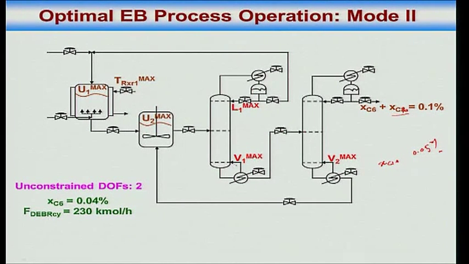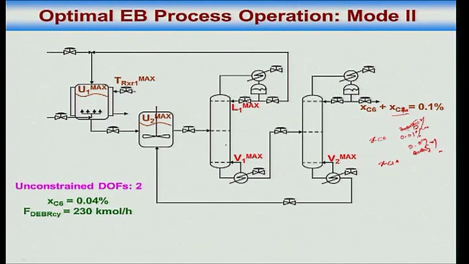However, I am making the separation in the recycled column tighter, because now if earlier XC6 was 0.09%, but when you made XC10 0.05%, this must also go down to 0.05%, right? Let us say I will make XC10 0.01%, 0.09%, I will make it very loose, then this becomes very tight.